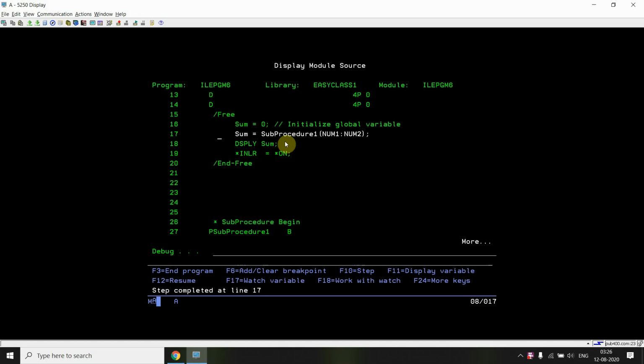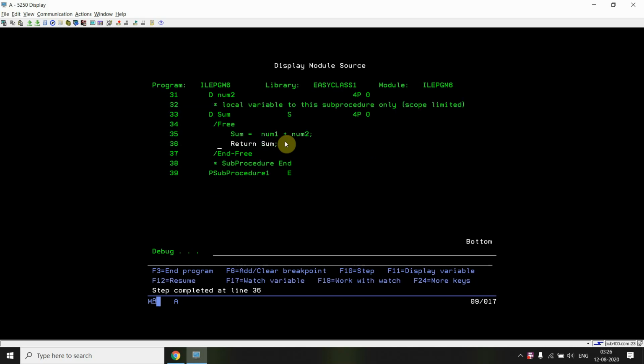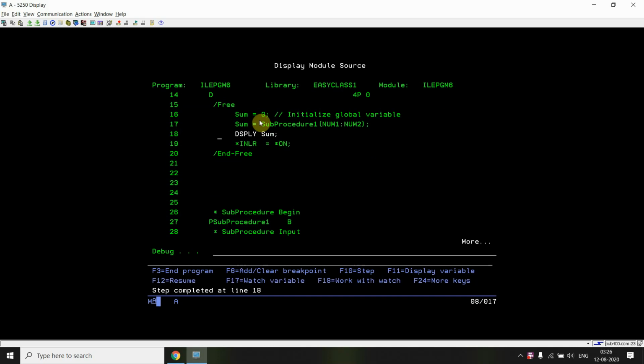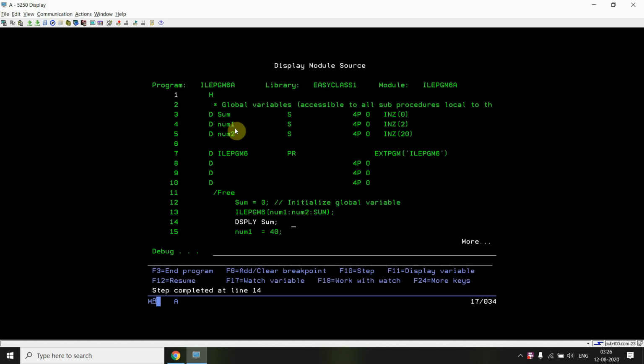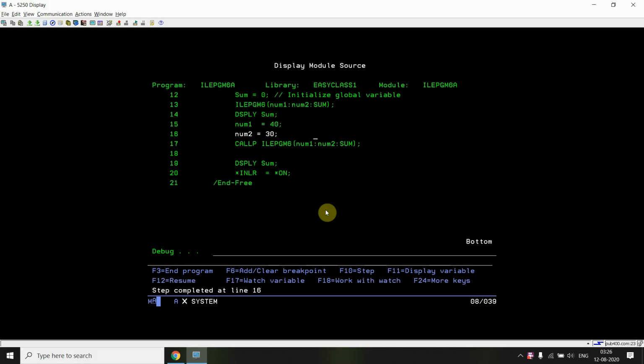Then we are calling our sub procedure, so we can again take Shift F10 from here. So we went to this, and we are returning the sum. The sum is 22, so it will display the sum, then it will return the sum value. Okay, now we can see the sum is 22, which is returned. So it will print sum. Num1 is now 40 and num2 is 30. The same thing will happen again, and it will print 70.